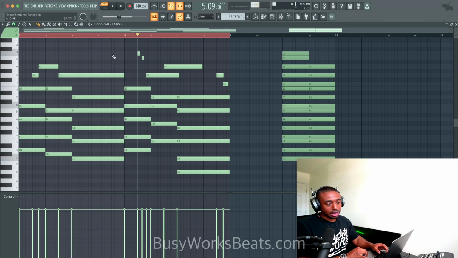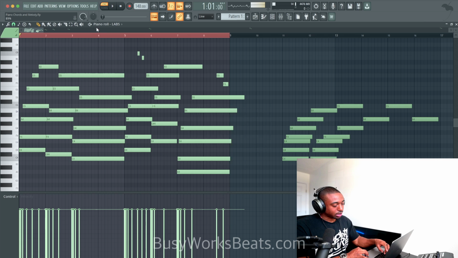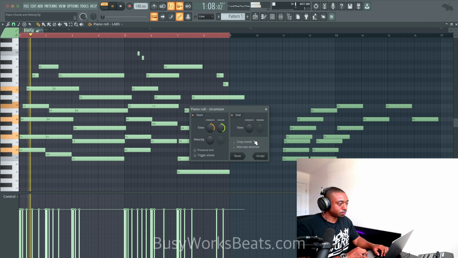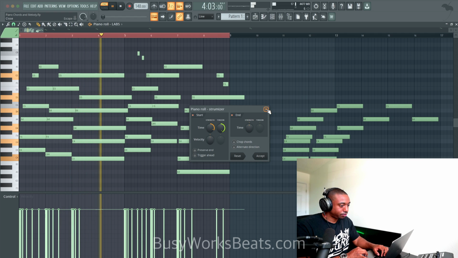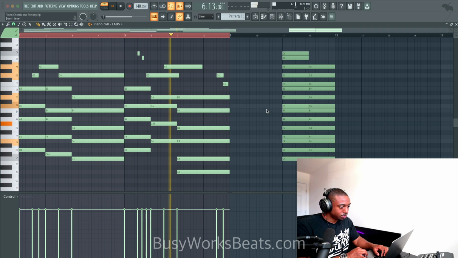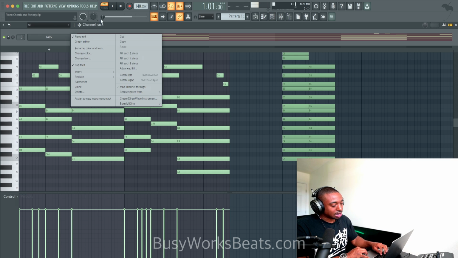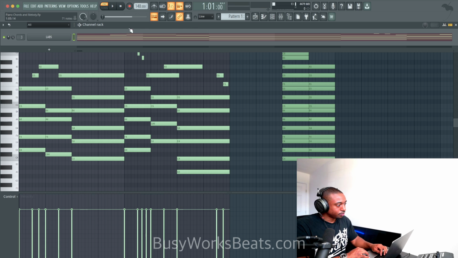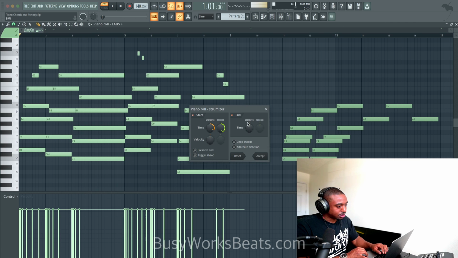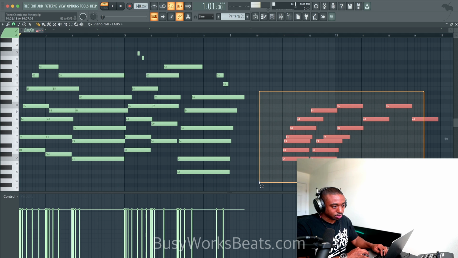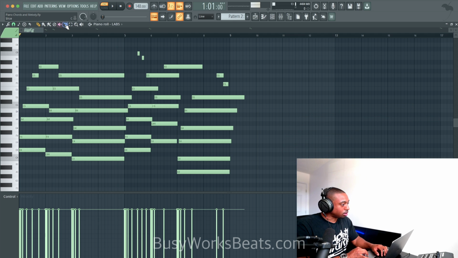Okay, so now we just need to add human touch to this. So there's a lot of things we could do, like hit Alt-S to strum the notes. And now that timing difference adds that melodic touch because now we have a time difference. Let's clone this pattern so that we don't mess up the original. And then let's hit Alt-S to add that strum. Keep in mind it messes with everything here, so we're going to have to cut off the excess notes, hit shift, right click with the slice tool.